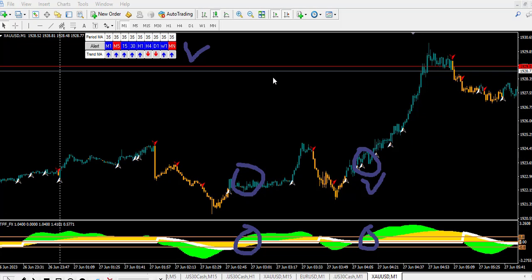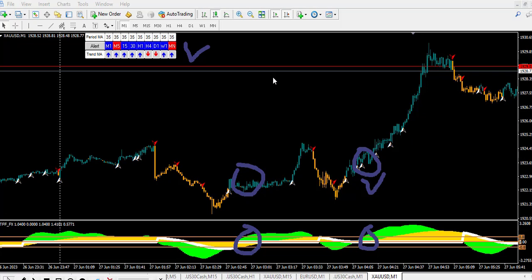Make sure you follow money management when you are trading forex, because you can lose your capital if you do not follow money management. But with this particular indicator, you will be able to win more of your trades, and you'll be consistent if